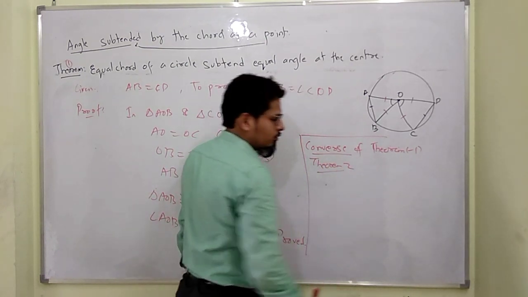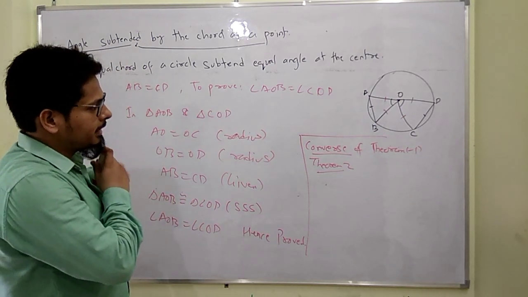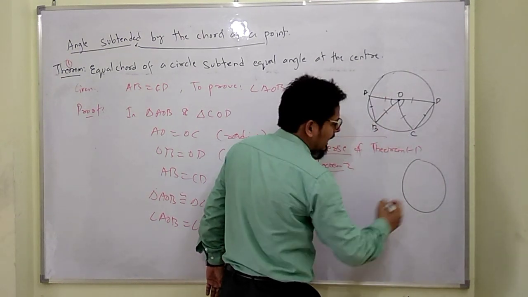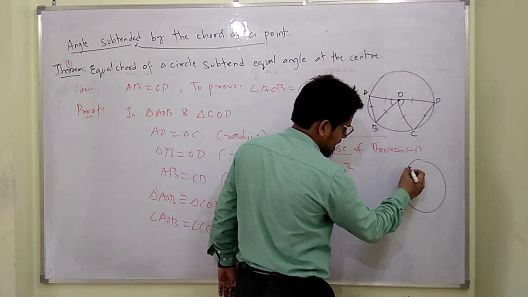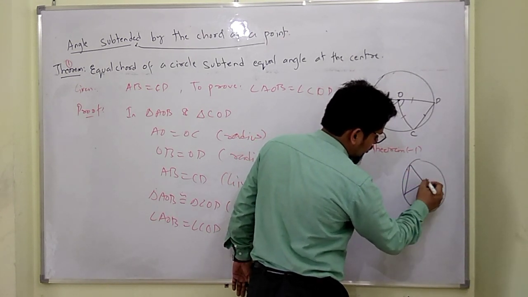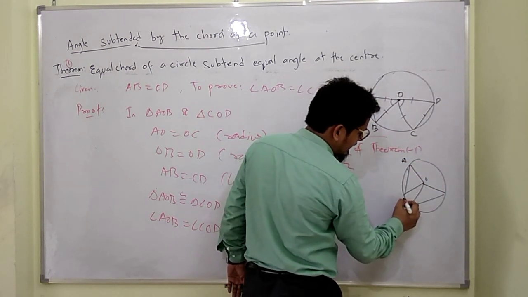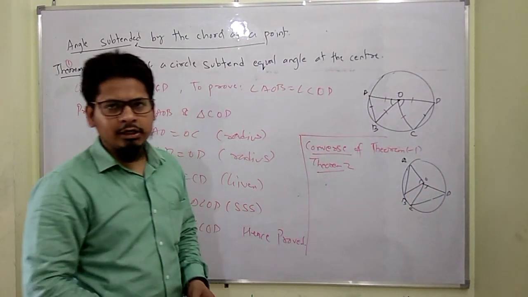Theorem number 2, which states that... मैं इस theorem को ले रहा हूँ. इसमें आपने एक सर्किल ड्रॉ किया. आपने इस पे लेट किया कि these are the two chords and the center O, okay, AB and CD. Angle AOB is equal to angle COD. It is given in the question.